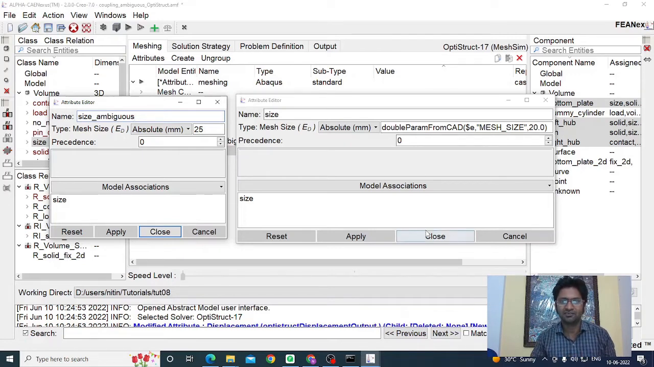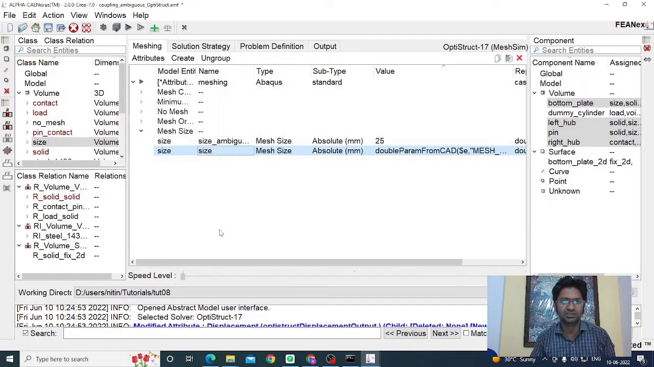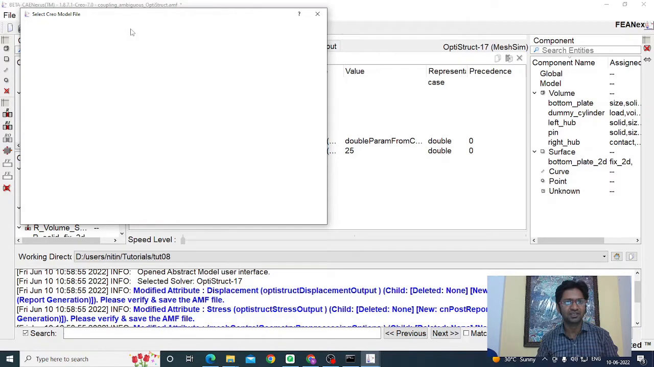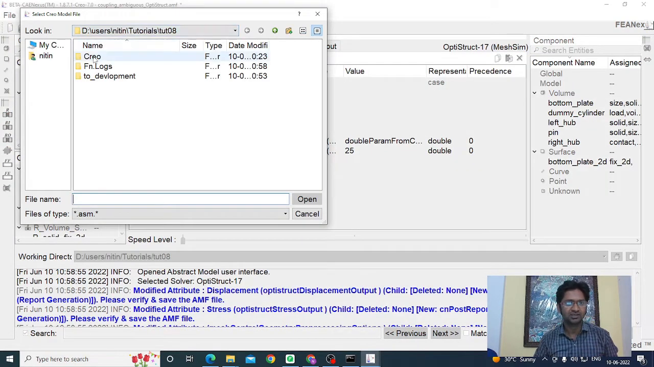Now let's see, if I proceed with creating the simulation model, what happens? I'll just close both the attributes. Let's now try to create a simulation model with this abstract model file. For that, I'll click on this simulation model icon and it will ask me for the CAD model which is to be linked. I'll select the coupling FEA assembly,